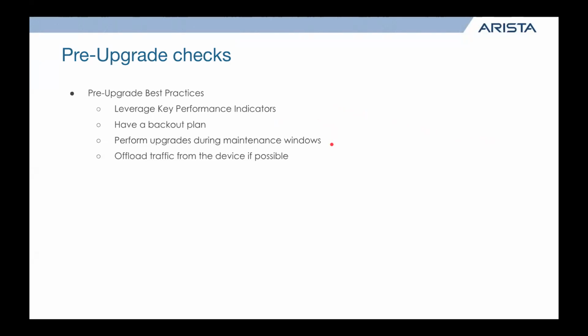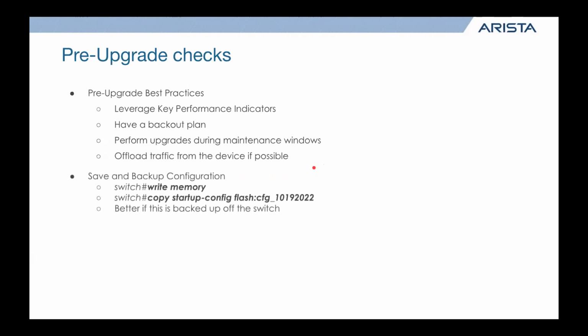Doing this during an upgrade window. So even if this is hitless, we still recommend having a maintenance window, just because, I'm in TAC, I've seen everything possible that can go weird or unusual. So we definitely recommend having a maintenance window just in case. Then if possible, you can offload traffic from the device. This would be something like BGP maintenance mode if you're using BGP, or if you have the capability, you could be shutting down interfaces to physically force traffic away from the device during the upgrade.